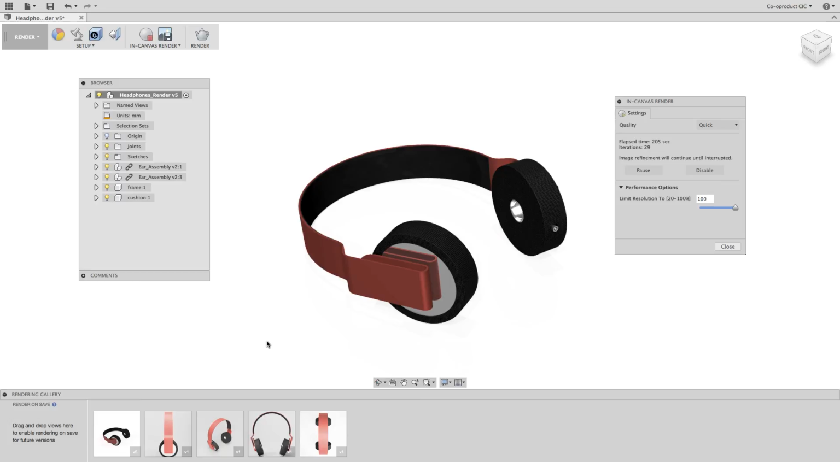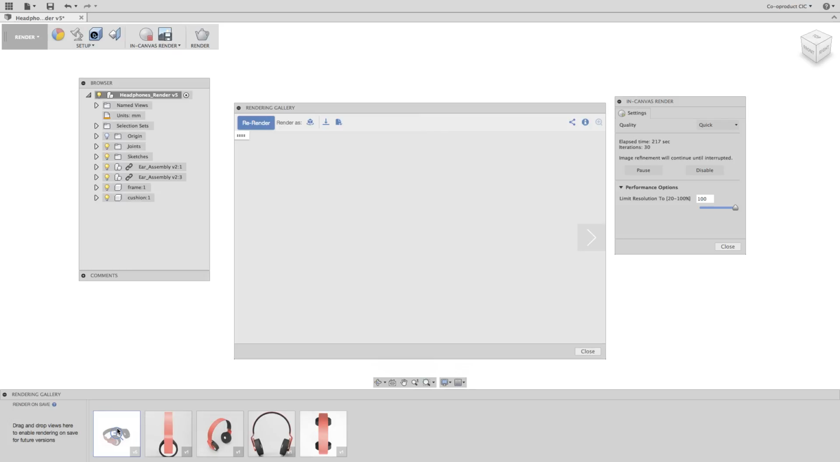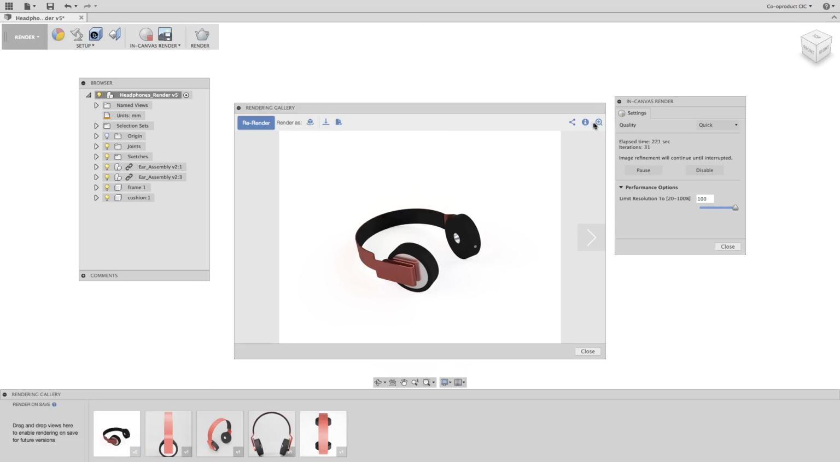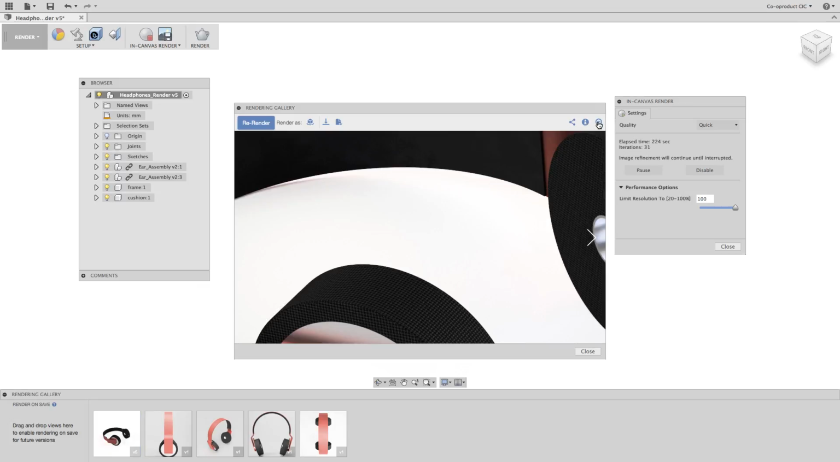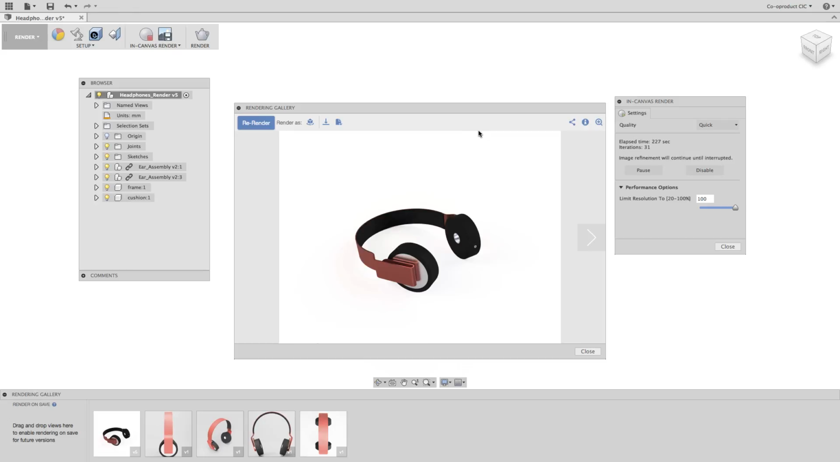So my render's complete. Now what I need to do is just double-click on the render image in the rendering gallery. This opens up an image of my render, and if I click on the magnifying glass, I can just check the quality. So I can see that this is a high quality image. This is the image that I want. And if I click on this download icon,